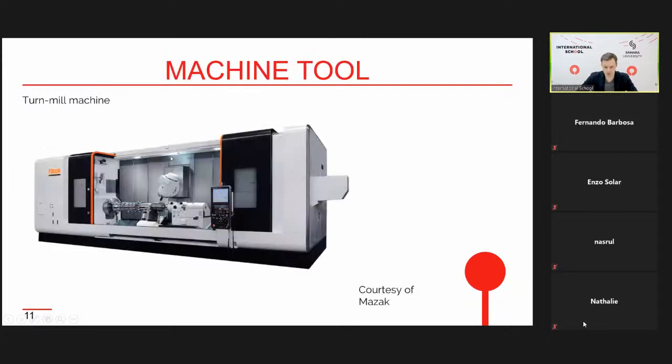Let's talk about these parts. Here you can see an example of a machine tool. A machine tool is a kind of equipment that is used for machining. This picture shows an example of a machine tool, but it's a complex one. It's a machine tool that can be used on